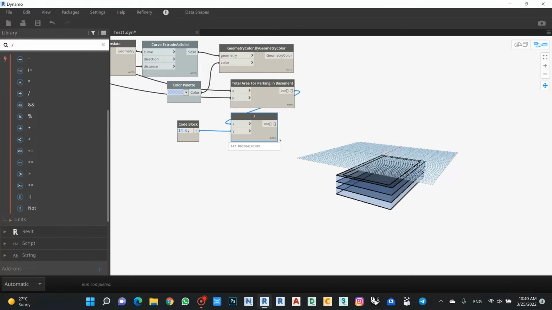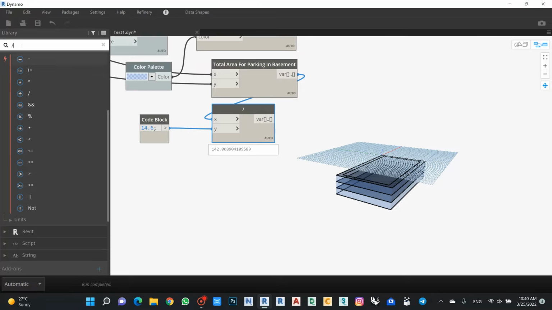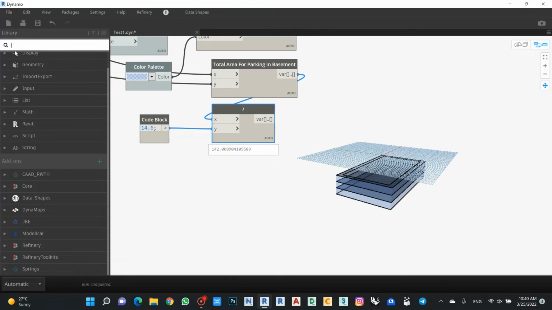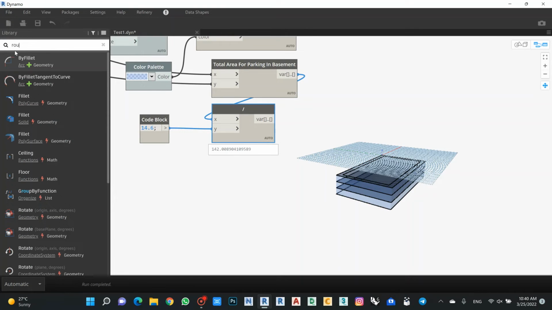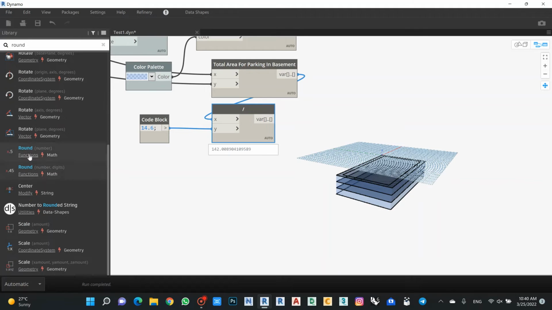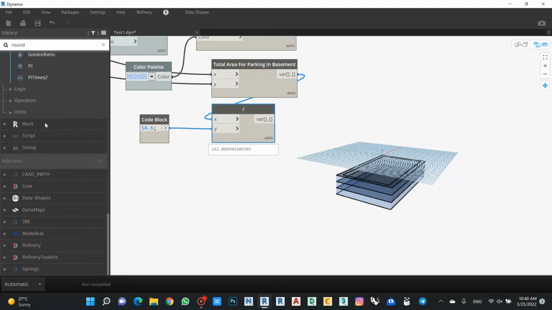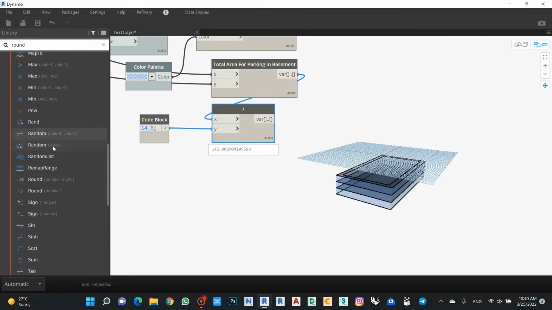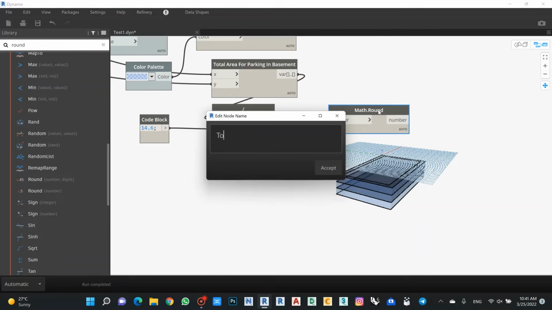And as I can see now in this case, let's make round. I don't need it by digits, I need it by integer number quickly. So here I need like 142 total number